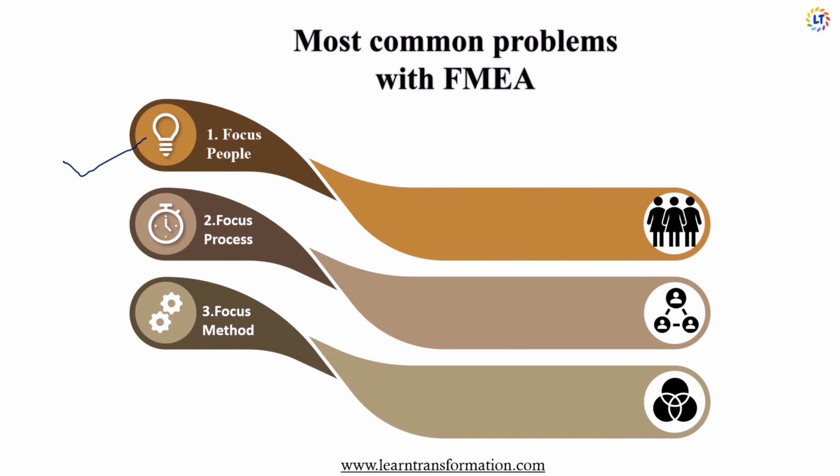The next problem is focus on process, which includes not performing FMEAs early or timely enough, inadequate linkage to other key activities such as process flow, control plans, and work instructions, omitted process steps such as material handling, rework, and labeling, failing to define the function of the system or subsystem being analyzed, and failing to properly identify the customer.